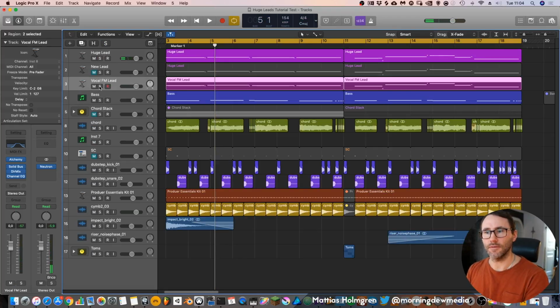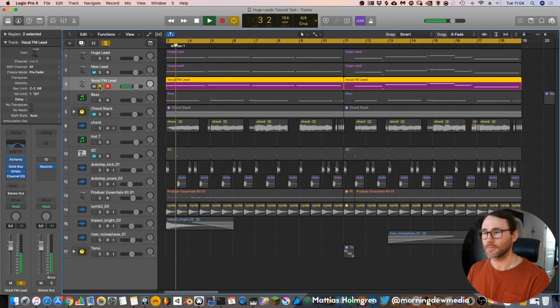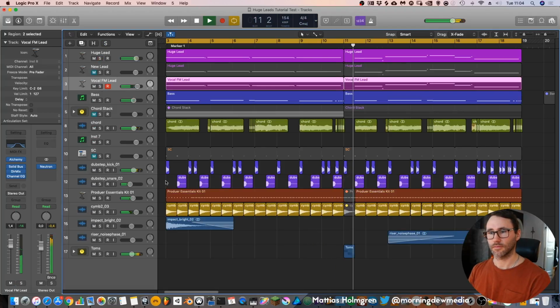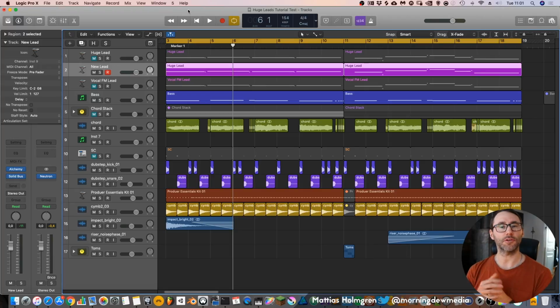And then we have this more vocal-like FM, frequency modulated lead, which fills different places in the frequency spectrum. Layer your leads.